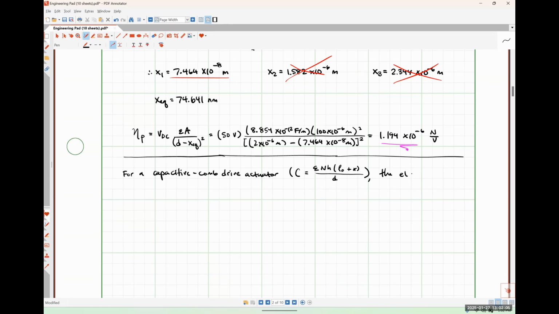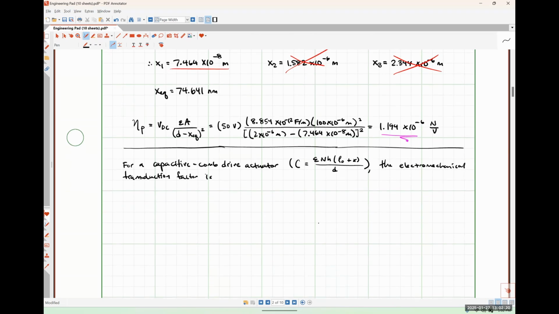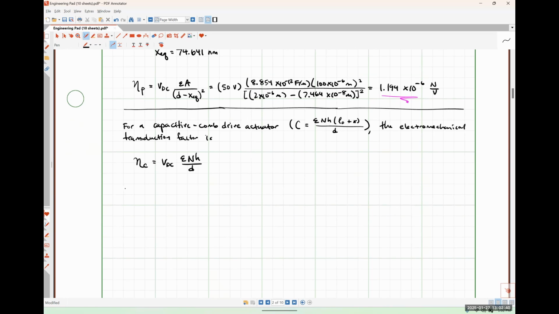Then we would find that the electromechanical transduction factor is A to C, and that will simply be V_DC. Sorry, that should be capital. That's the convention I've been using. Don't know why I switched between them in my notes. Epsilon N H all over D. So as a very quick example for this guy,